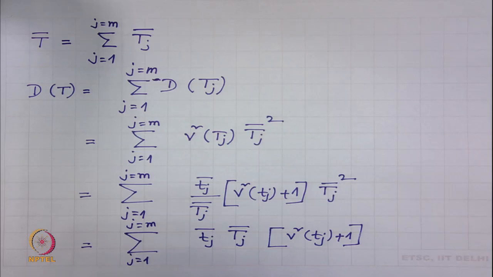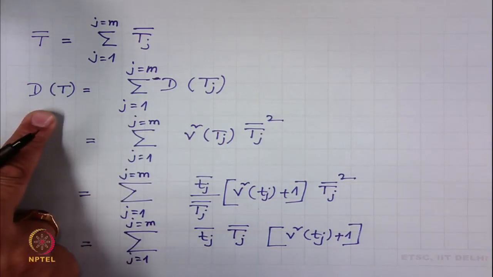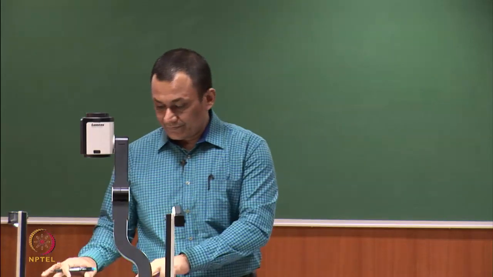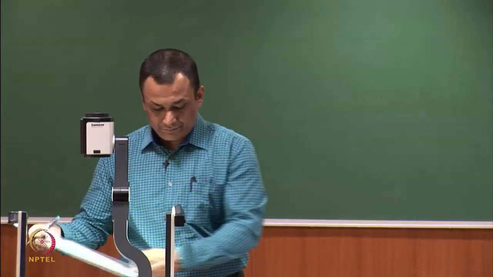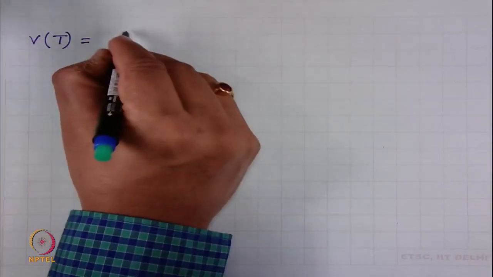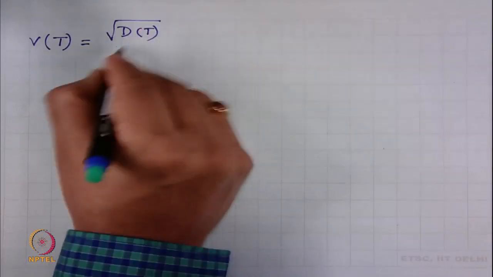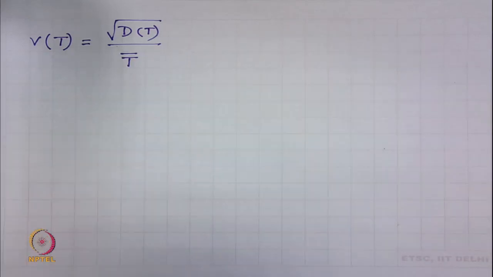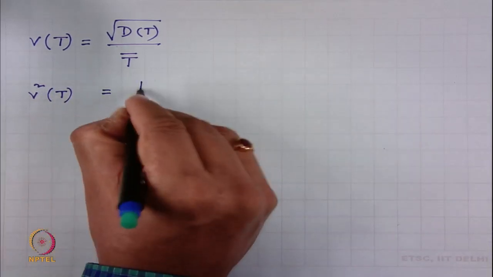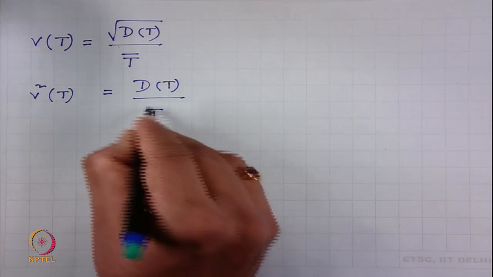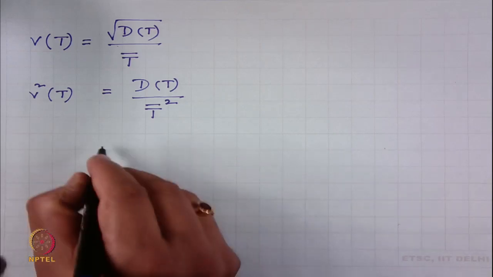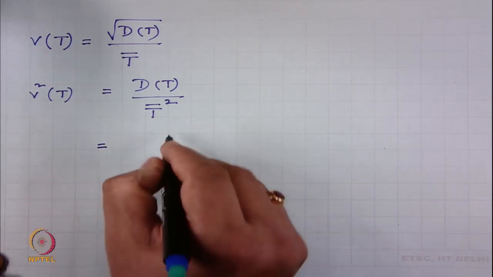Okay. So, if this is the expression for variance of the double sliver, then the CV of fineness of double sliver will be V t is equal to d t by t bar, or we can square it, d t by t bar square,